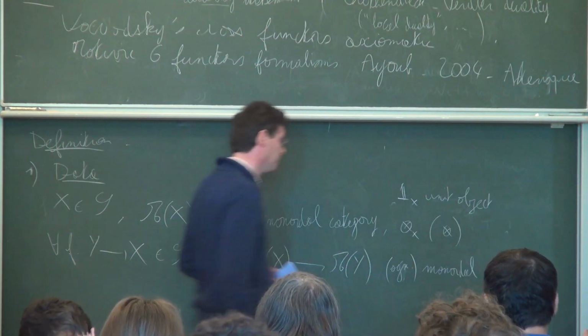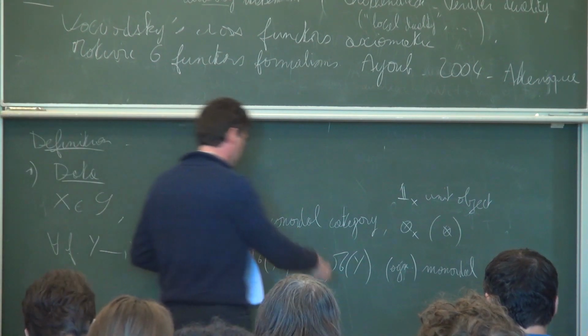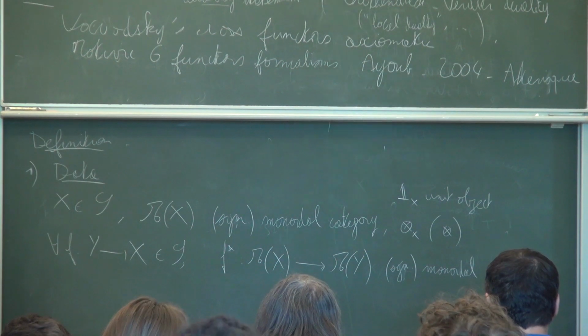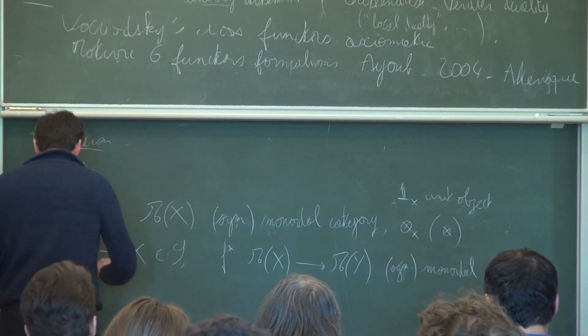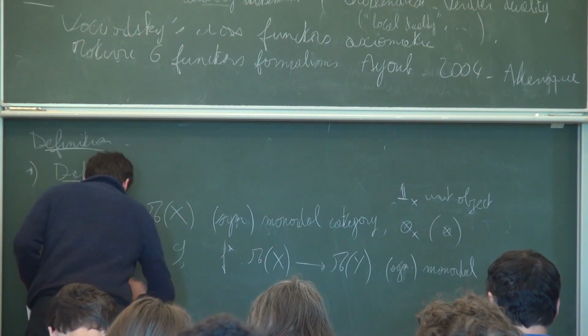When I say monoidal, it means strong monoidal, right? Otherwise, I say weak monoidal if there's only a map. So we'll see that in a minute. And we ask for axioms that were not. So first of all, we ask that